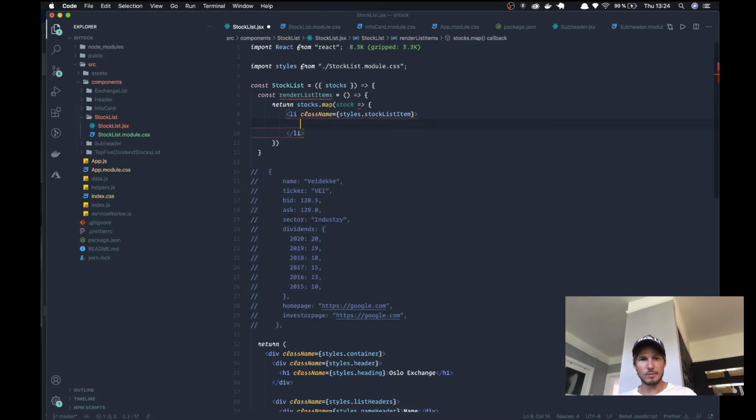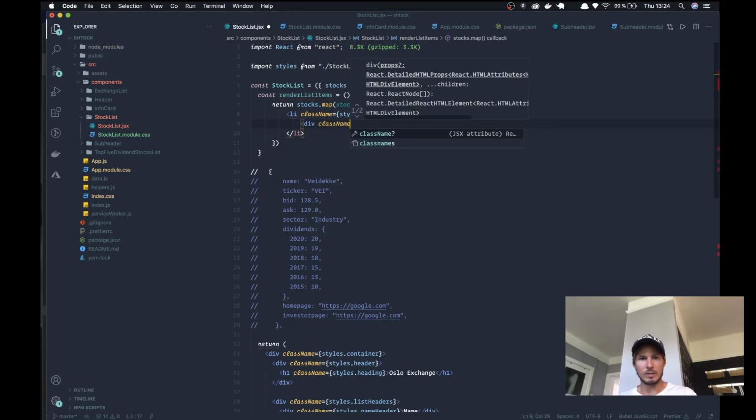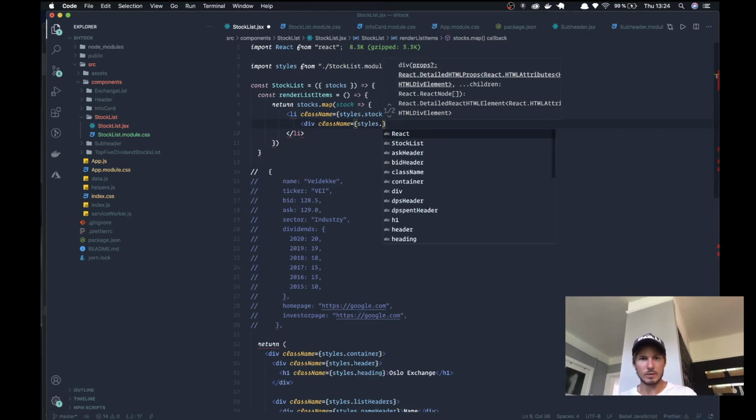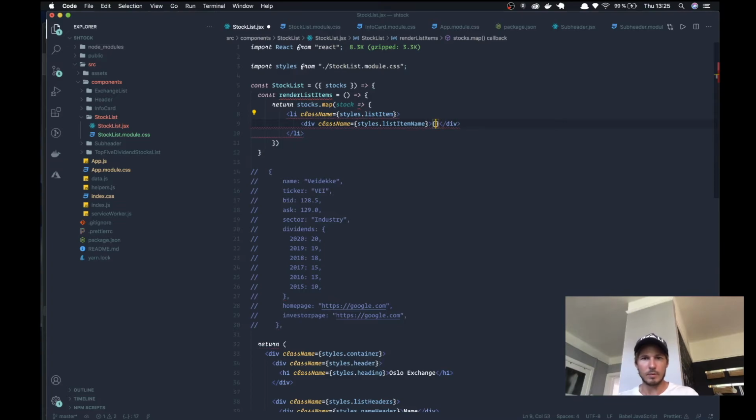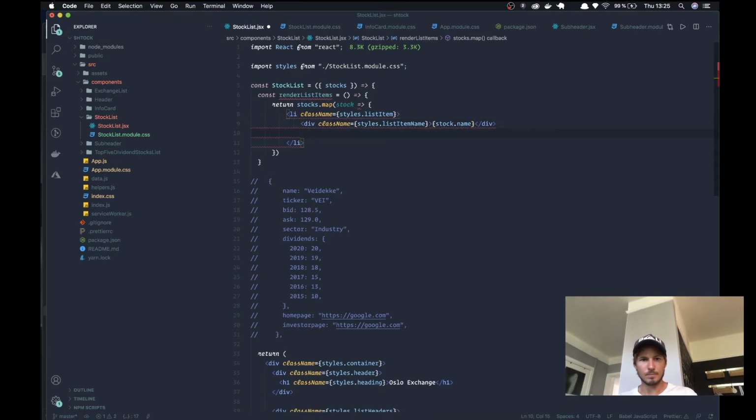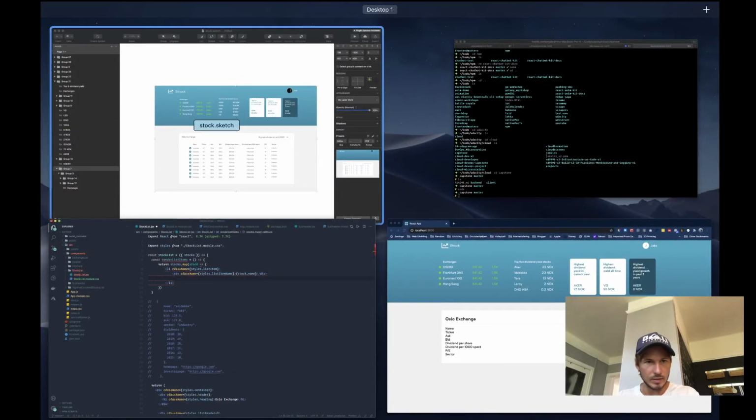So we need a container for the name. So we're just going to call this list item, and this is going to be the list item name, and we're going to put in stock.name, and then we're going to have the ticker,